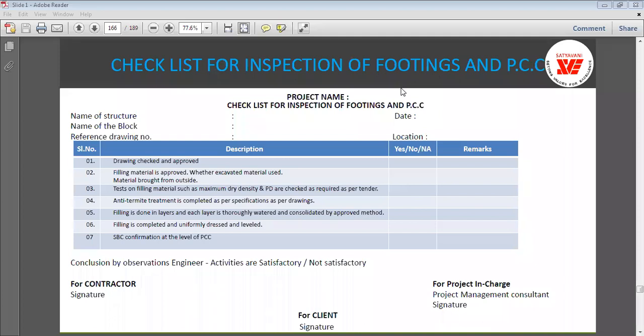Because when you work on the site, we are not restricting ourselves just to executing the work. Please remember, there is one special category of work, which we call the quality control engineer.